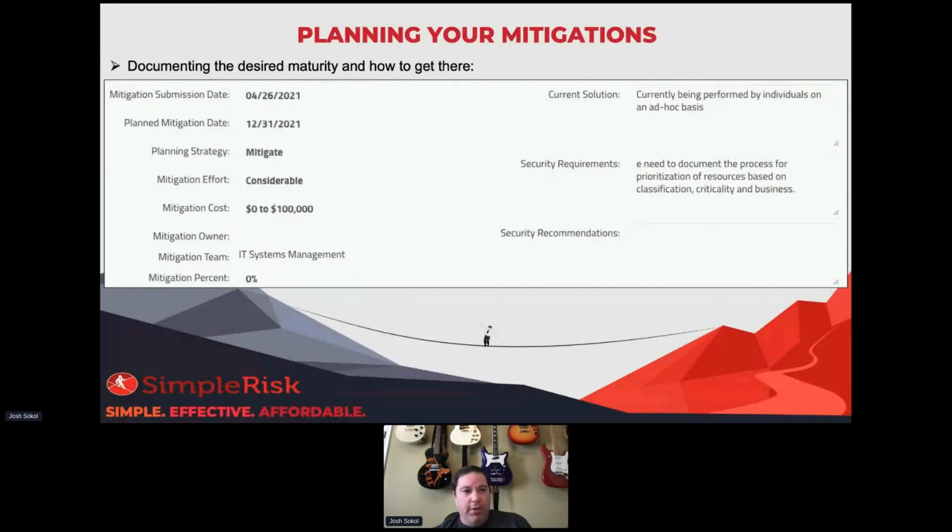plan our mitigation. So in this case, I'm saying that currently this is being performed by individuals on an ad hoc basis. So people are just kind of doing it randomly, when they feel like they need it. And my requirement here is that we need to document the process for prioritization of resources based on classification, criticality, and business. So we're basically saying that the only thing that needs to happen here to mitigate this particular risk, to close this control gap, is to document the process. Well, that's pretty easy, right? And we can assign this to a person, and we can even set a date that we want them to